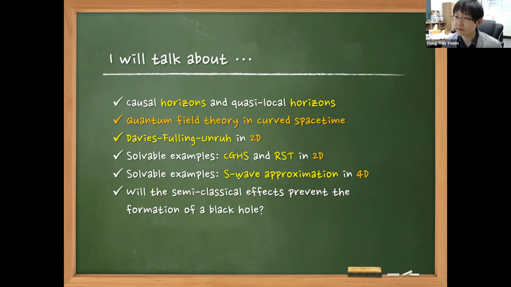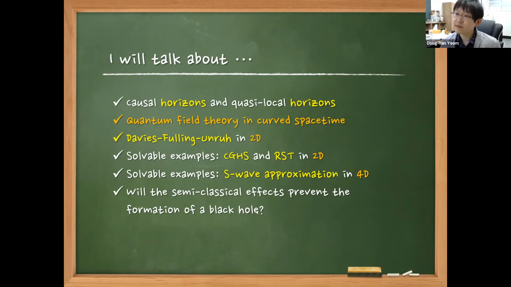So if you apply the S-wave approximation, then you can compute the evaporating black holes even in the four-dimensional case. Of course, you cannot solve it by hand. There's no analytic solution, but you need to strongly rely on numerical computations. These are the way to see the very details of the dynamical black holes. And in order to see the details nearby the horizon, you should follow such very complicated